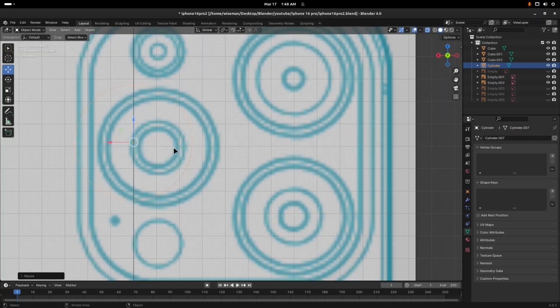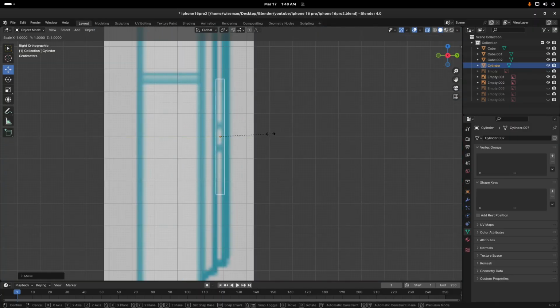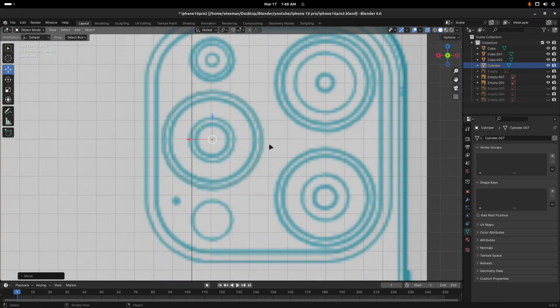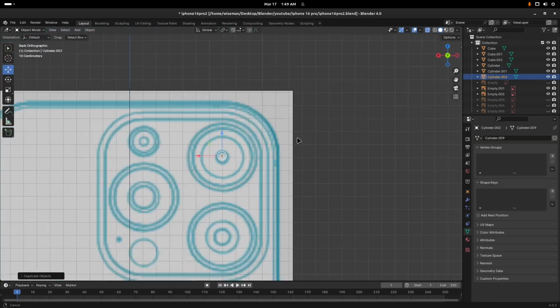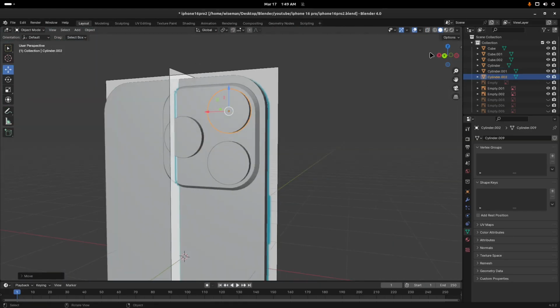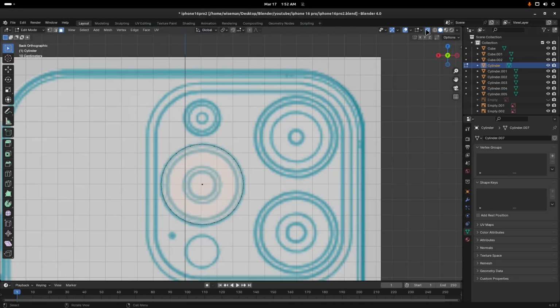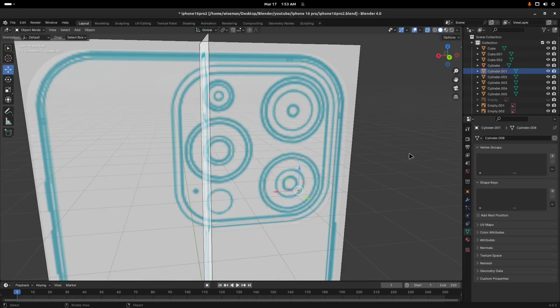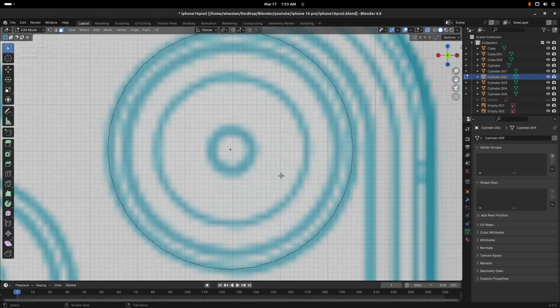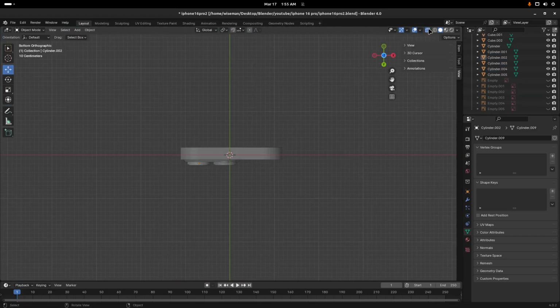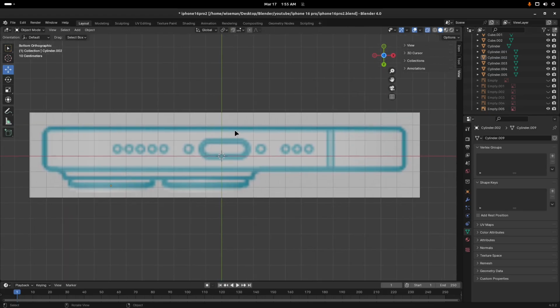Now we can create a new cylinder mesh. This will become the cameras, so we can scale the mesh to fit the reference. Then we will duplicate this cylinder mesh twice to become the other two cameras. Then a third time for the flash, and then a fourth time for the microphone. Now we will select the face of each of the camera meshes and inset and extrude them to create the raised lens. Then we can flip over to the bottom and start making the screws, speaker holes, microphone holes, and